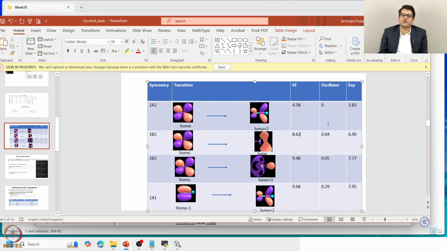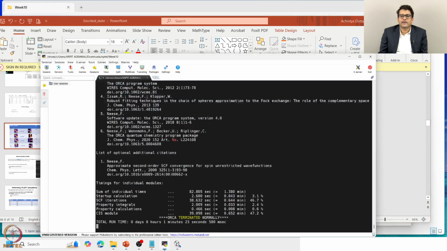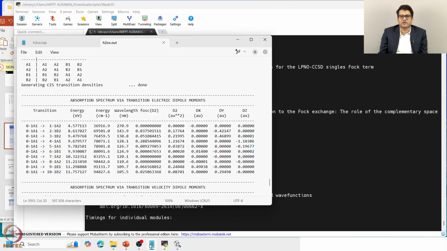Now, you may ask the question: if the first state has 0 oscillator strength, how have people observed it in spectroscopy? Although it looks like it has 0 oscillator strength, because of the molecular vibration it can borrow some oscillator strength from other modes, and you can see it as a very low energy peak in the spectra. Now, if I look at the dominant transition,